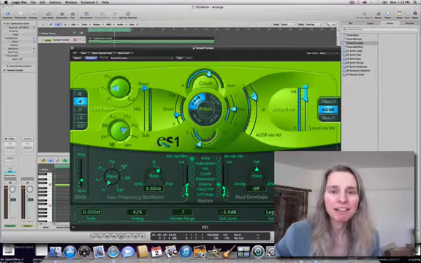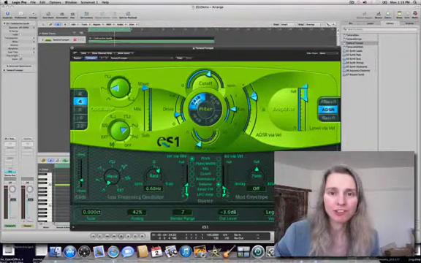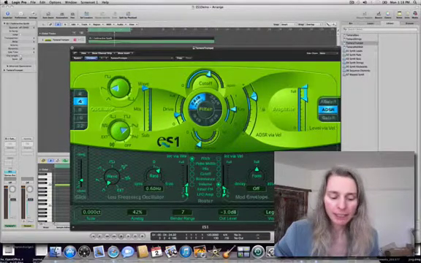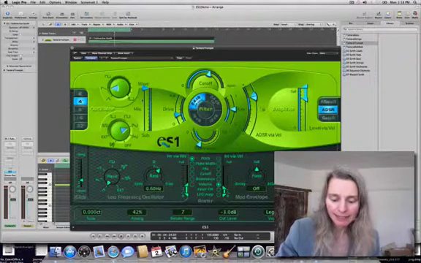Hello, I'm Tamara Galloway from London, England, and I'm going to demonstrate 4 modulations in the ES1 subtractive synthesizer in Logic Pro. The first modulation is of the amplitude envelope, and in this case the source is a saw of